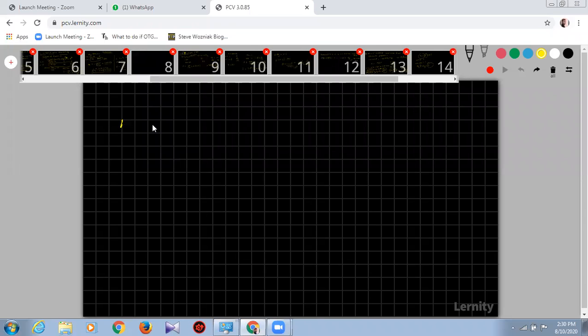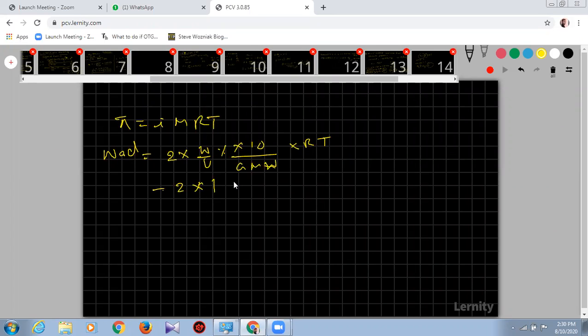I is equal to i into MRT. Okay. Molarity you should know how to calculate here. Sodium chloride I will take here. I value is 2, and weight by volume percentage into 10 by gram molecular weight, into R into T. R and T are common only. That is why 2 into weight by volume percentage into 1 into 10 by 58.5.